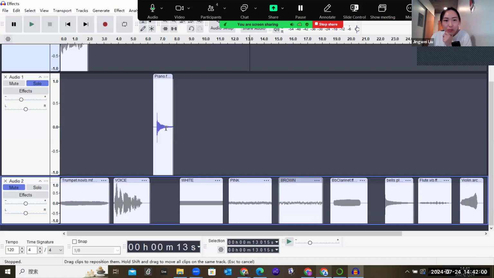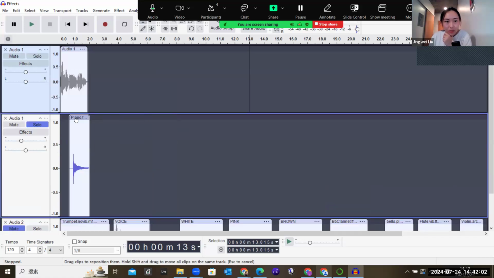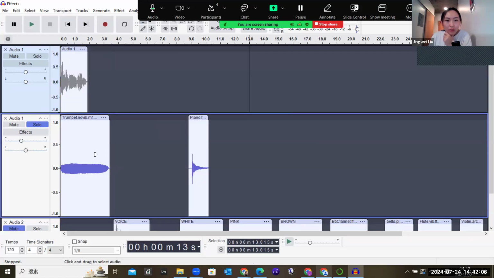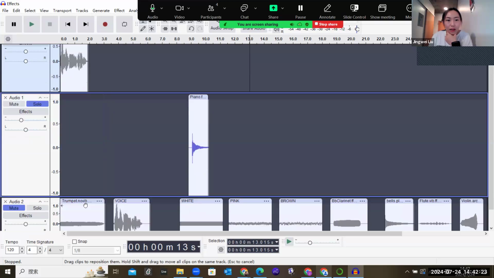But what about piano? Let me use this piano. So when I use this trumpet, you can see the trumpet recording is longer than my voice, right? So when I make these two tracks, one stereo track, actually I appended the end of my voice using this silence so that it's the same length. But now